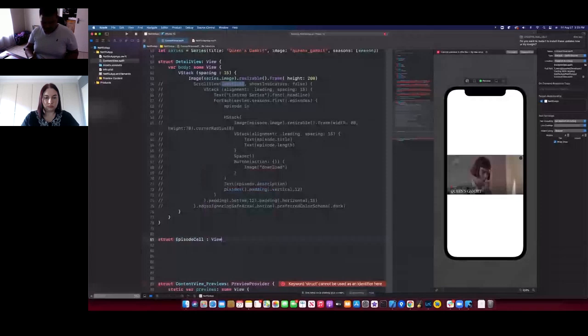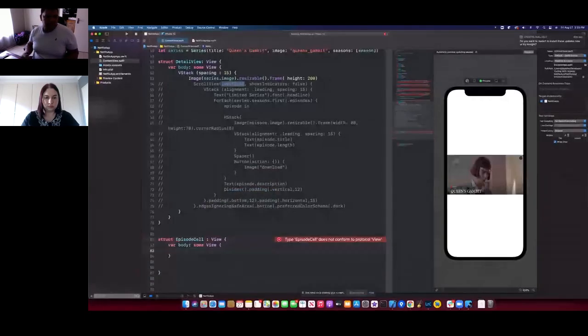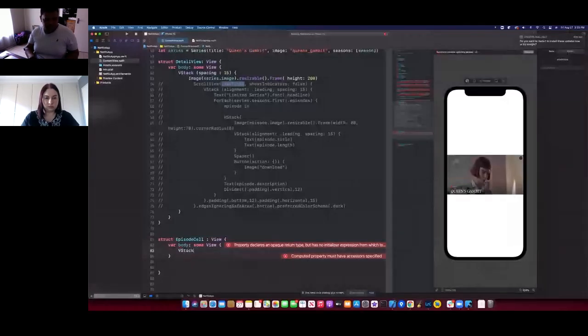So I'm going to do some View. And in here, at the moment, I'm just going to put a VStack because it's going to complain until we have this. So now we have our view set up. And what we pretty much want to do here is we want